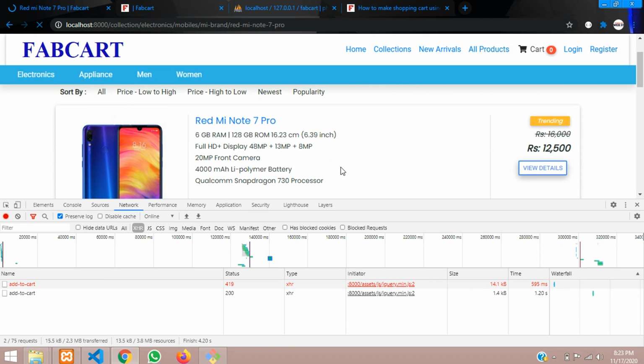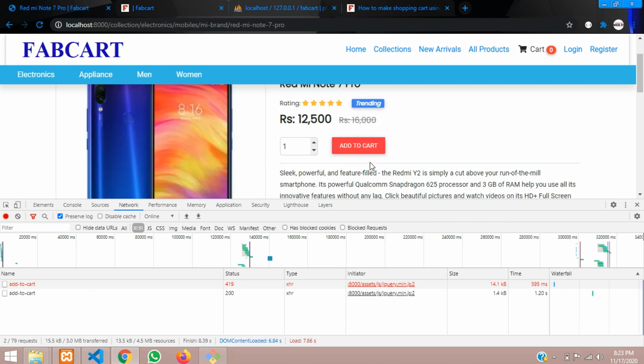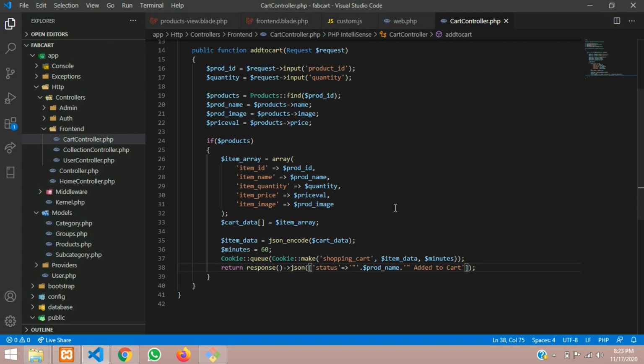Let's view this, and now let us click on to add this. Let's click add to cart. So clicked, add to cart, pending, 200 status. Okay, done. So this is also successfully added. So guys, now your data is getting stored into your cookie, as I have showed you through that Google search,